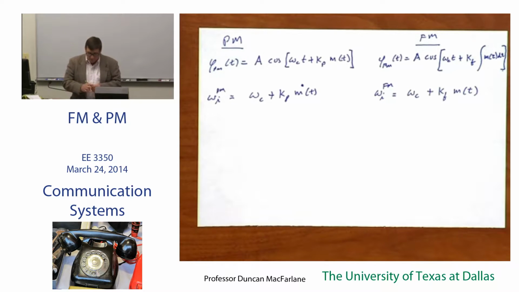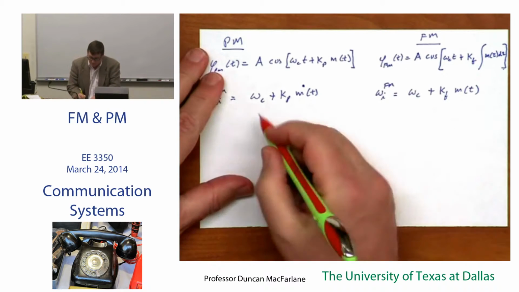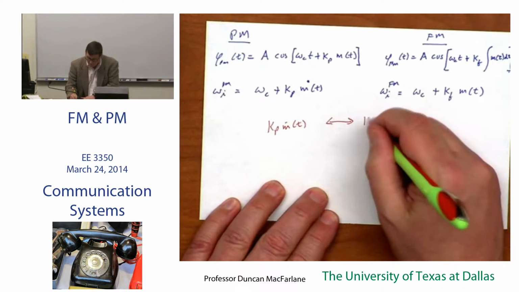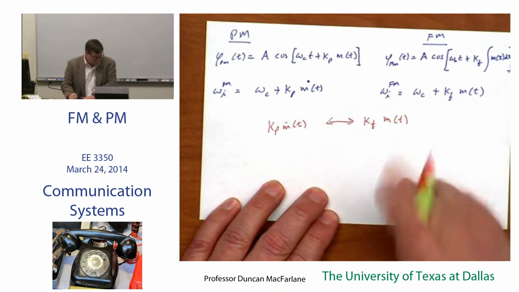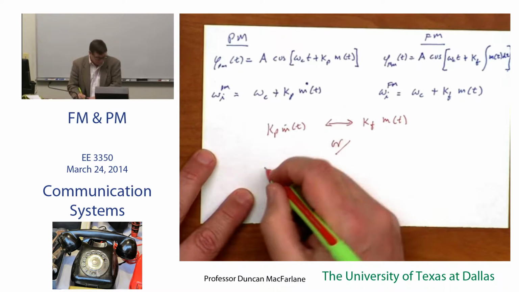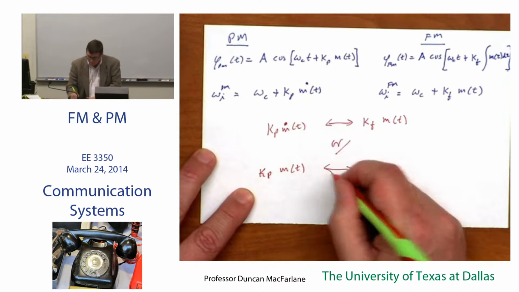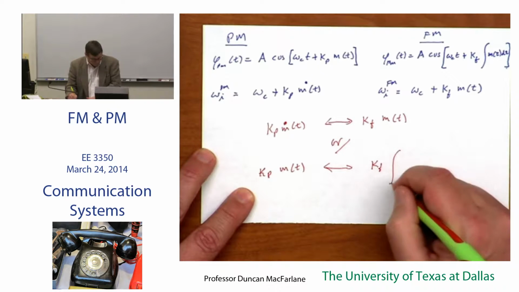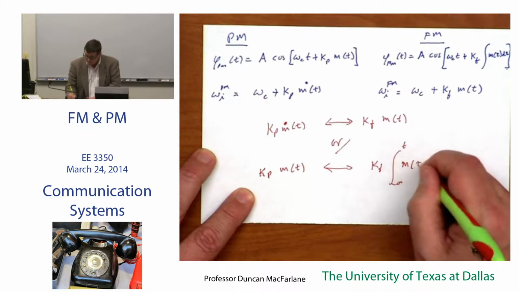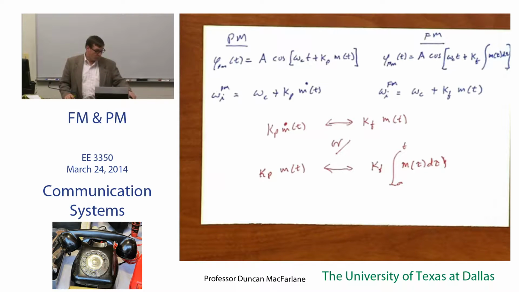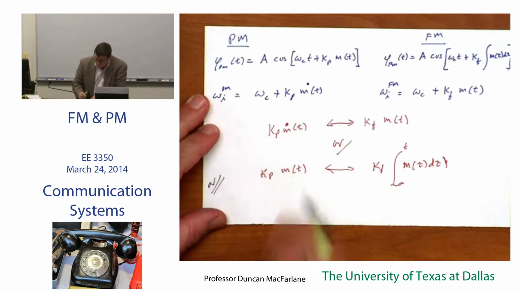So Kp m dot of t goes to that, or Kp m of t, there's a dot there, goes to Kf times the integral like that. Or, more generally,